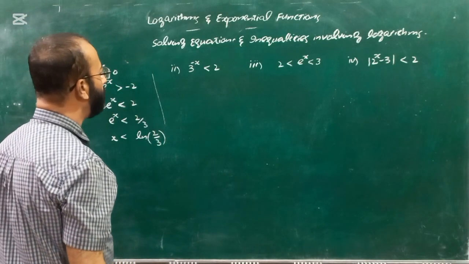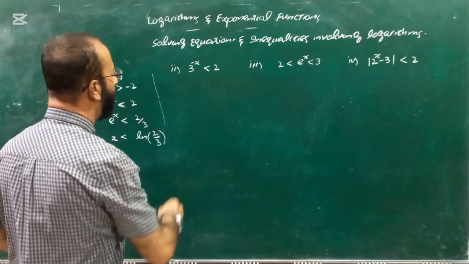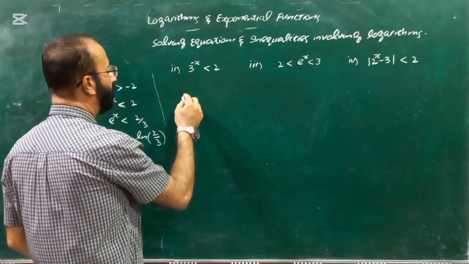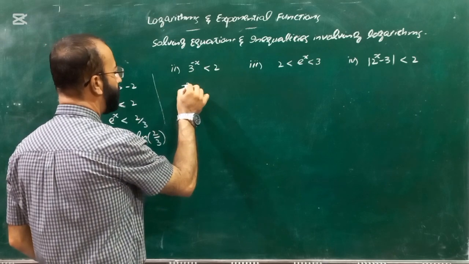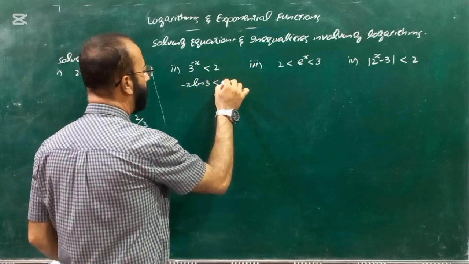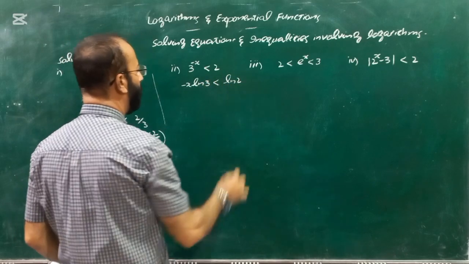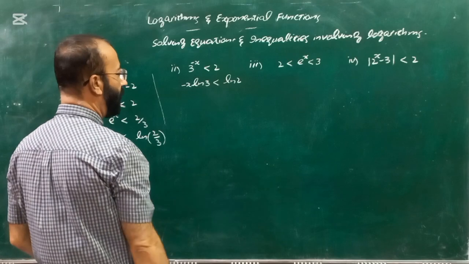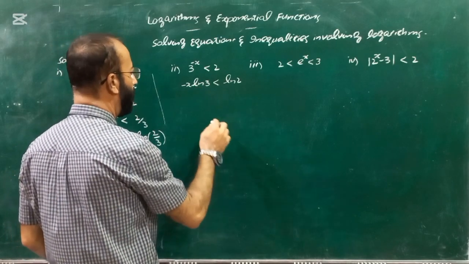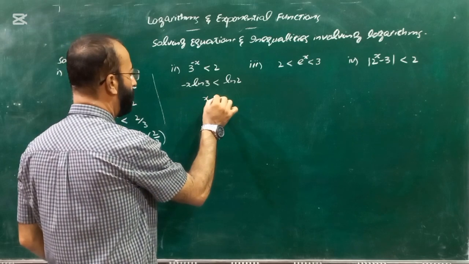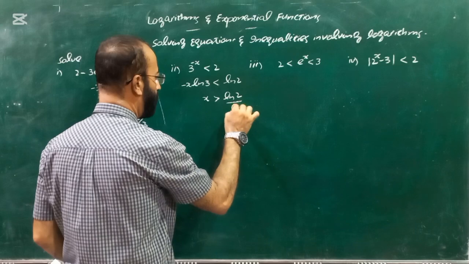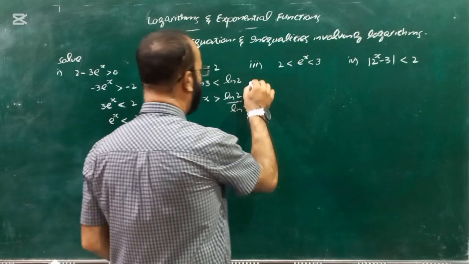Okay, here is another part. 3 raised to power minus x is lesser than 2. Okay, take natural log of both sides. So minus x natural log of 3 will be lesser than natural log of 2. Okay, multiply both sides with minus sign, and this will go to the right side as well. So x will be greater than natural log of 2 over natural log of 3. And another question,